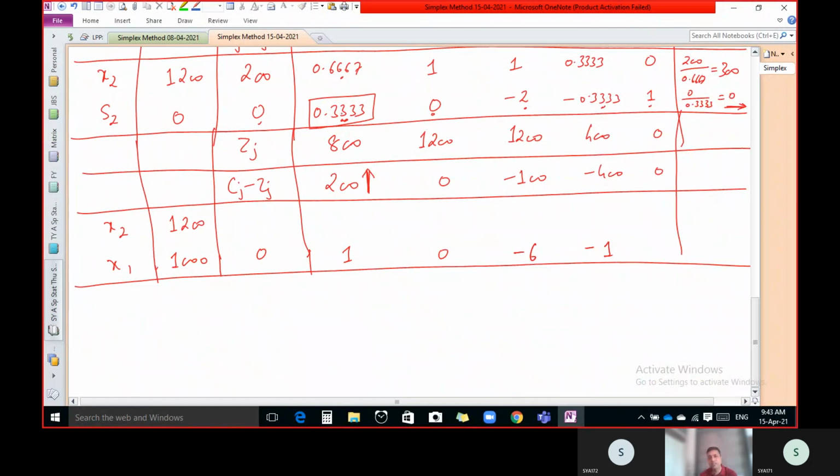And 1 divided by 0.33333, we get 3. And in the key column we have to write 0 here. And then the remaining calculation is the same as the previous method. Now in place of this, the old value is what? 200. 200 minus the corresponding dotted value. The dotted value is this 0.6666, and here the dotted value is 0. So multiply this with this, and obviously this into this is 0, divided by this element, that is 0, and that you have to subtract from this 200. So 200 minus 0, we get 200 here.